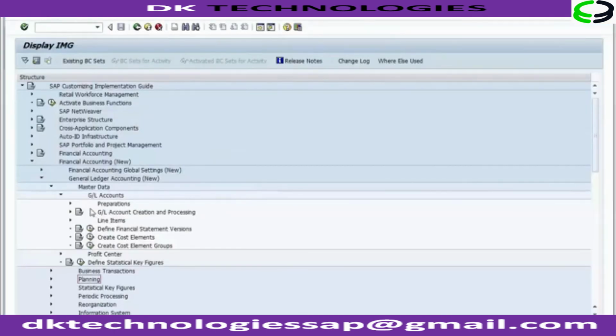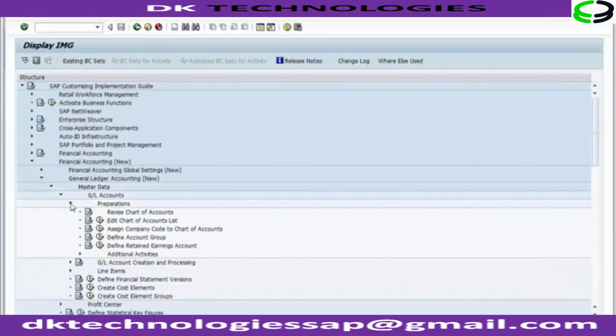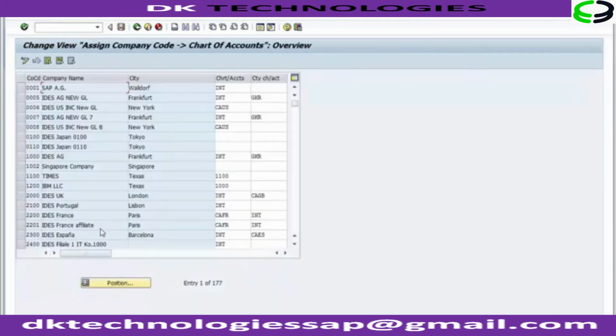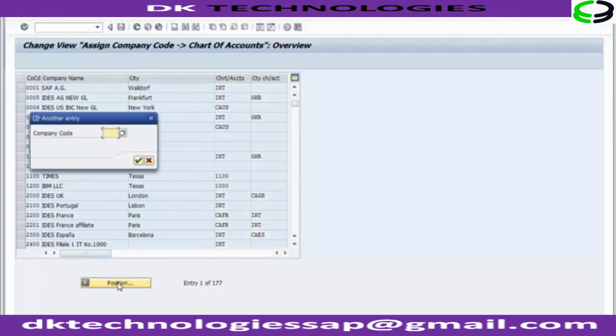So we are over here at GL. Now we'll expand the preparations option, and you can see there is an Assign Company Code to Chart of Accounts option. Now execute it, and you can see these are the various options. To search for your company code, you can go to this position and put your own company code over here, enter,